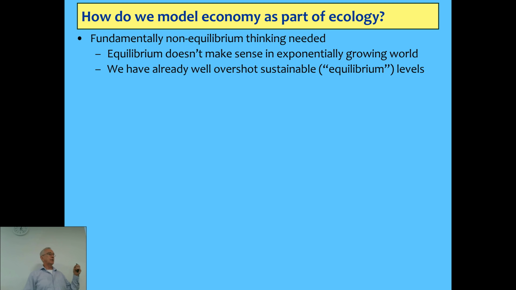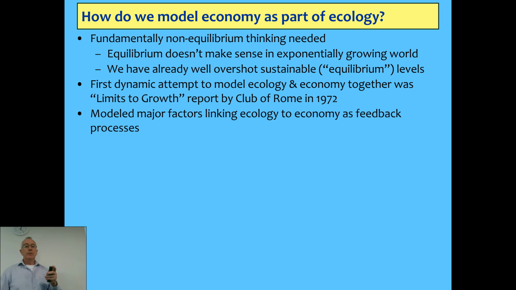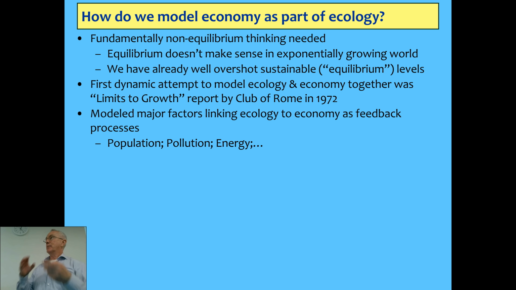And in terms of what might be described as a planetary equilibrium, where we're adding no more waste than the planet itself can pass into outer space on a daily basis, we're well past that point anyway. We've massively overshot it. And the first attempt to model the implications of this was done by a group called the Club of Rome with what's called the Limits to Growth study in 1972. What they tried to do was model all the ecological and population feedbacks in a very, very stylized way, to see what's going to happen with the combination of the impact of population on pollution, on energy,